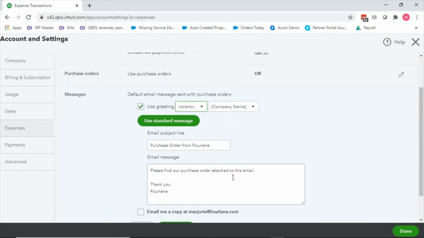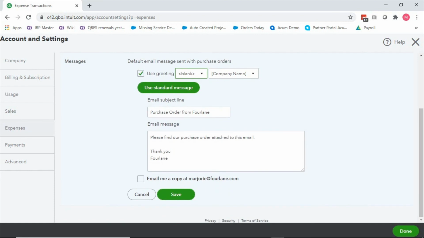Now, the reason that this is for purchase orders is because purchase orders are an external facing document, right? Something that we send out to our vendors. Bills, as an example, a vendor sends to us. So we don't really have to send them an acknowledgement of a bill. But this is a purchase order, is us creating the contract with them, which is why we have a message template to be set up. So those are preferences around expenses.